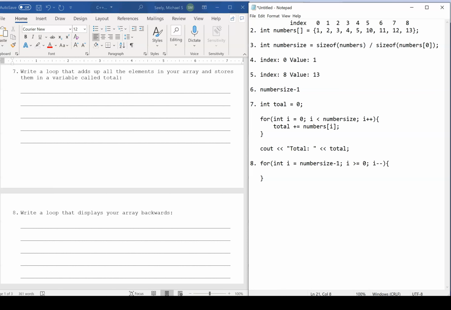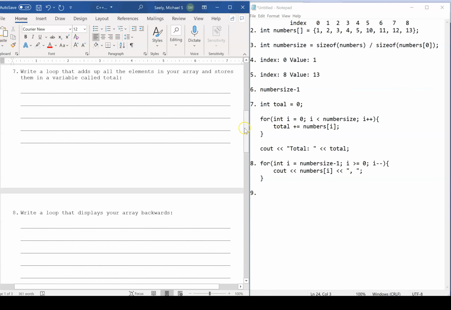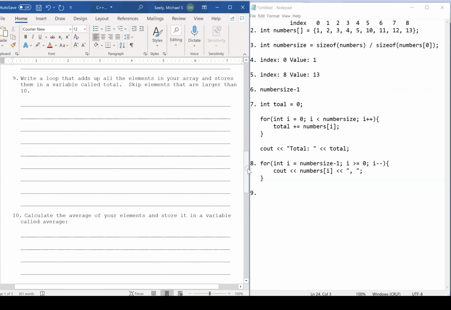So we would do cout, and then we would say numbers at position i, and that would give us our 8, and then we could do something like that. So it goes 13, 12, 11, 10, 5, 4, 3, 2, 1. So that's 8. So let's see here, 9 says